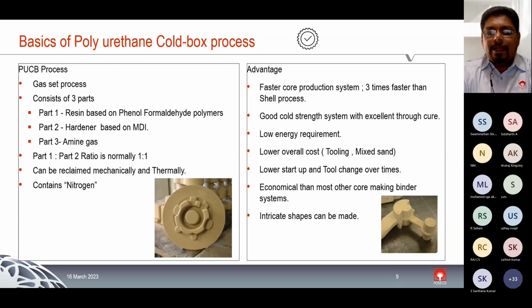So with this introduction, we get into the topic. The major advantages aside, let us look at casting quality. Casting quality is affected by casting defects,